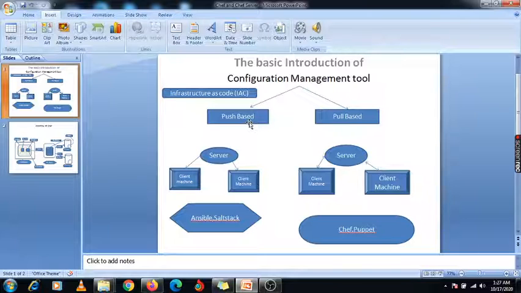So under push based, what exactly is the server doing? If you have configured Ansible or SaltStack, these are the software used under push based. Consider this is the server where the Ansible software is installed.